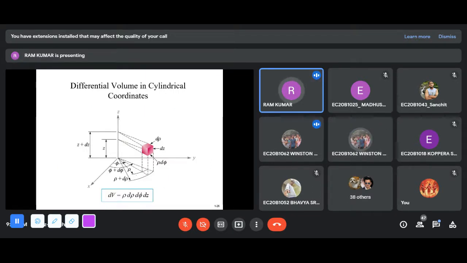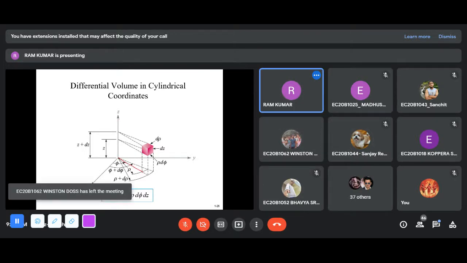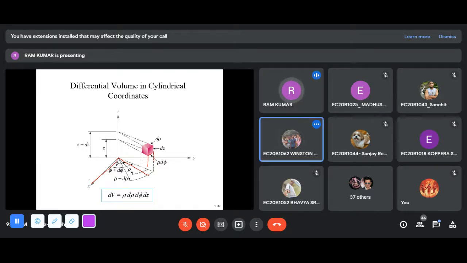Phi is the angle between the x-axis and the point P, where we are going to measure something. If it's a differential volume, it extends from this to this. It may be this point or this point. So phi is the angle between the x-axis and the line drawn from the field measuring point or some volume to that axis. So we use phi plus d phi. This is one of the parameters in a cylindrical coordinate system.